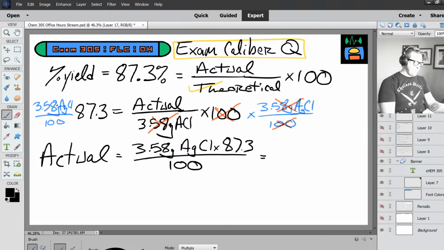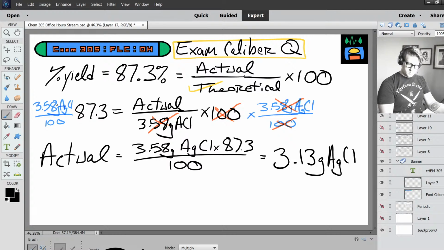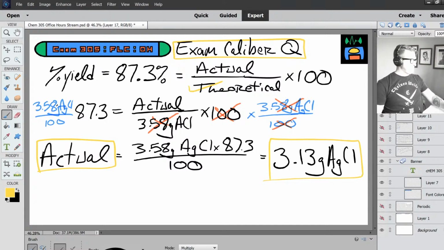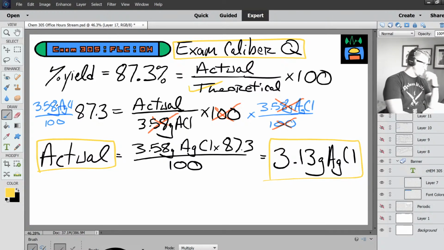So we have 3.58 times 87.3 divided by 100. So our actual yield is 3.13 grams. That is the correct answer with the correct sig figs and the correct units. All right, so that is the exam caliber question